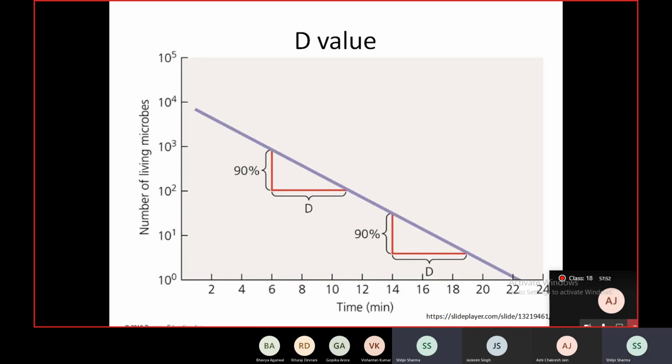The efficiency of these control agents is measured by the decimal reduction time, or the D value, which is the time required to kill 90% of the microbes in a sample at a specific temperature. So specification of temperature is important because it is one of the parameters which affects the efficiency of control, bringing one log down, and that is called the D value. Usually the temperature is written as a subscript. So if it's D121, you know that it's the decimal reduction time at the temperature 121.